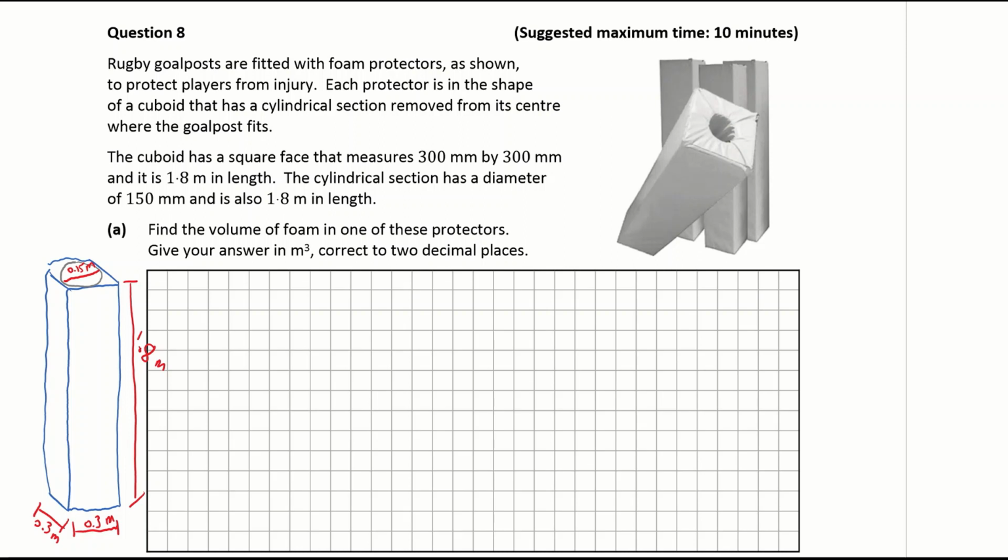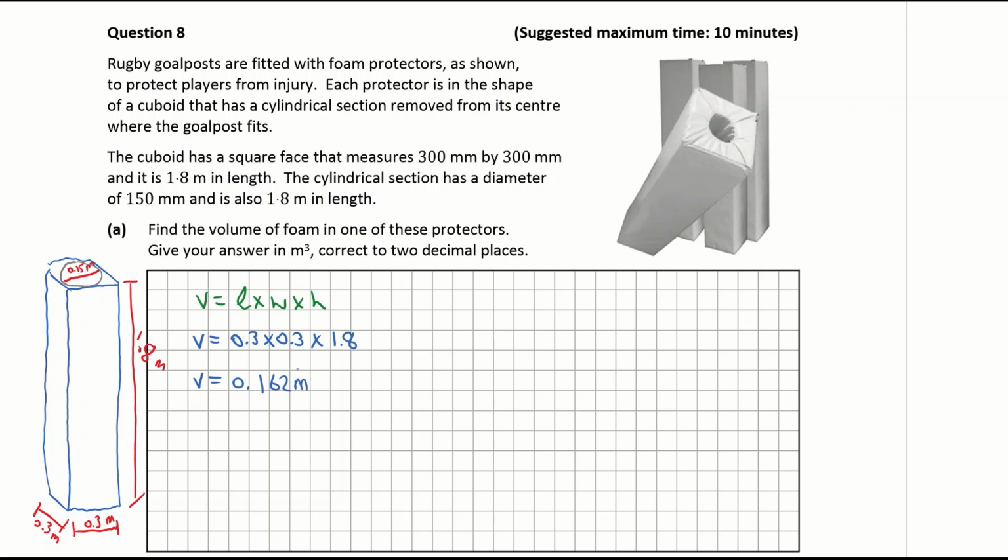So let's first of all find the volume of the entire shape. So just imagine that the cylindrical hole is not in the shape. So I'm going to get the volume of the box. So the volume is found by multiplying length by width by height. And that is going to give me a volume of my length, which is 0.3, width of 0.3, and a height of 1.8 meters. When I multiply those three by each other, I'm getting a total volume of